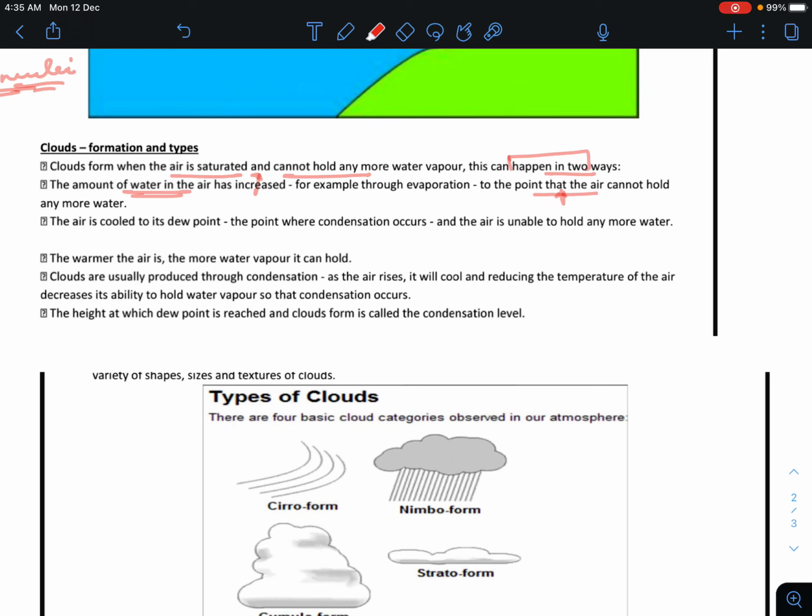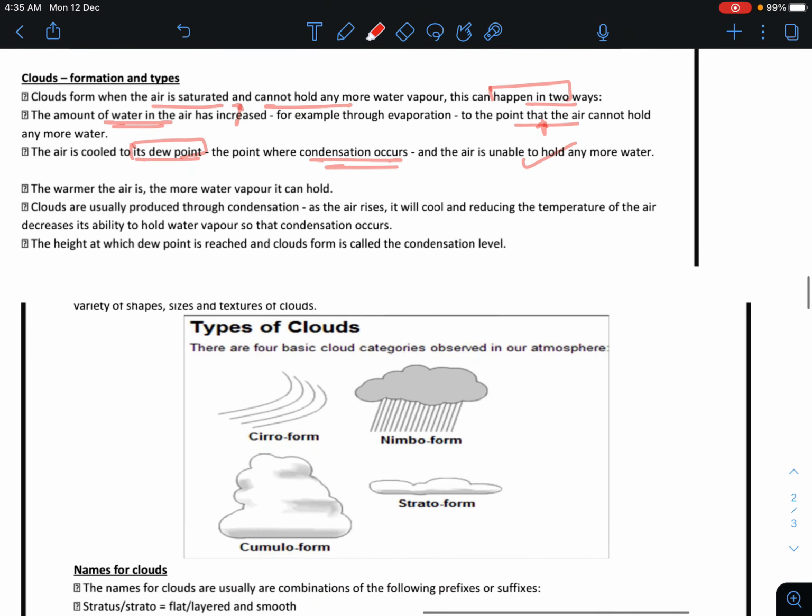The second point is that the air is cooled to its dew point. We have already studied that if we decrease the temperature to its dew point, that is the point where condensation occurs and the air is unable to hold any more water. In this condition, the air is not going to hold any more water. Now, as you already know, warmer air